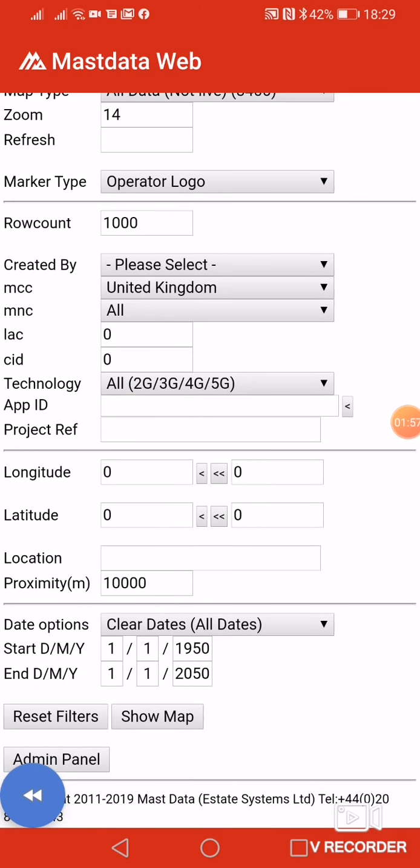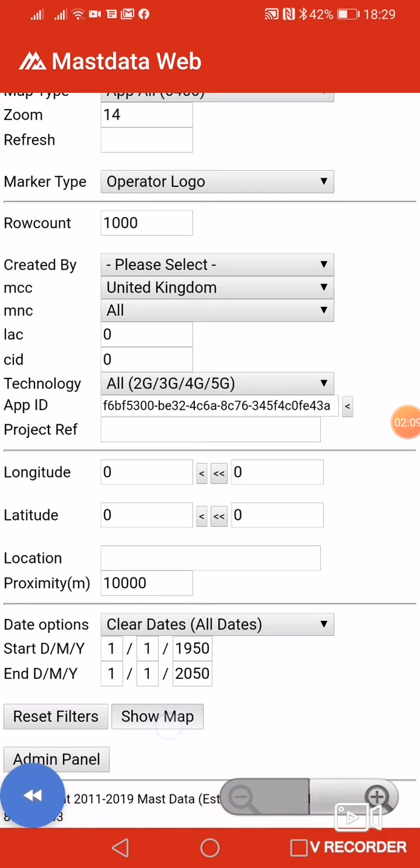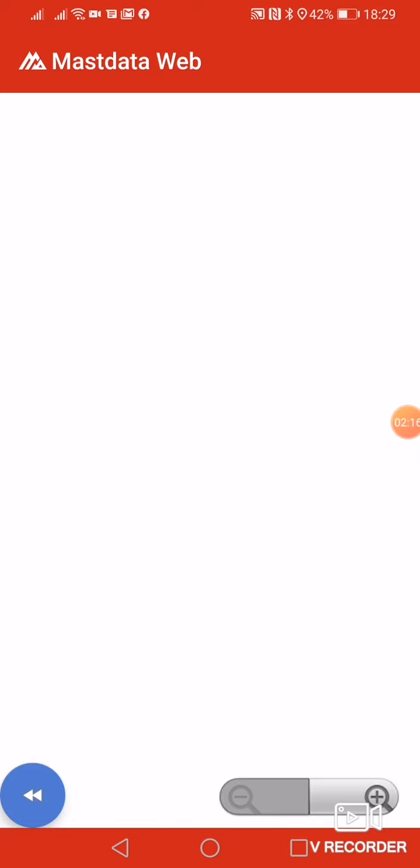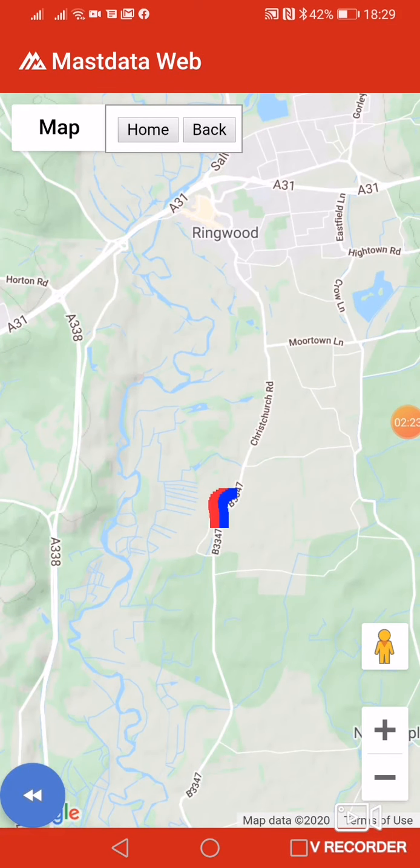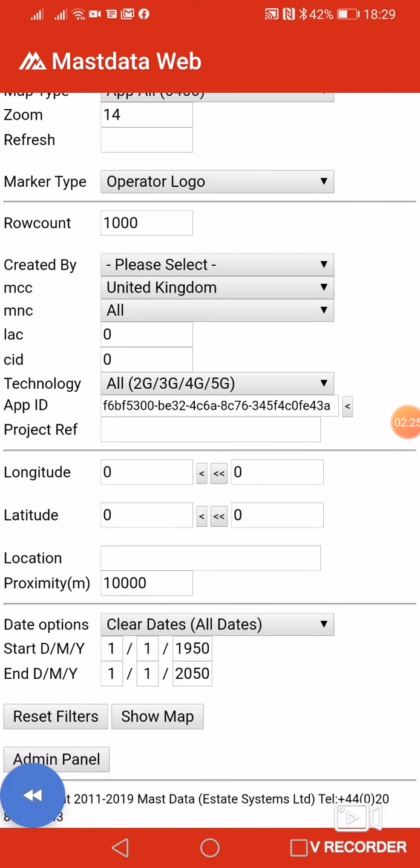One is I can press that little arrow button to the right hand side there, and what that does is populate it with the latest app ID string. So if I then go down and go show map, it will show the map for any surveys that I've done on this installation. So if I go back, clear, reset filters,